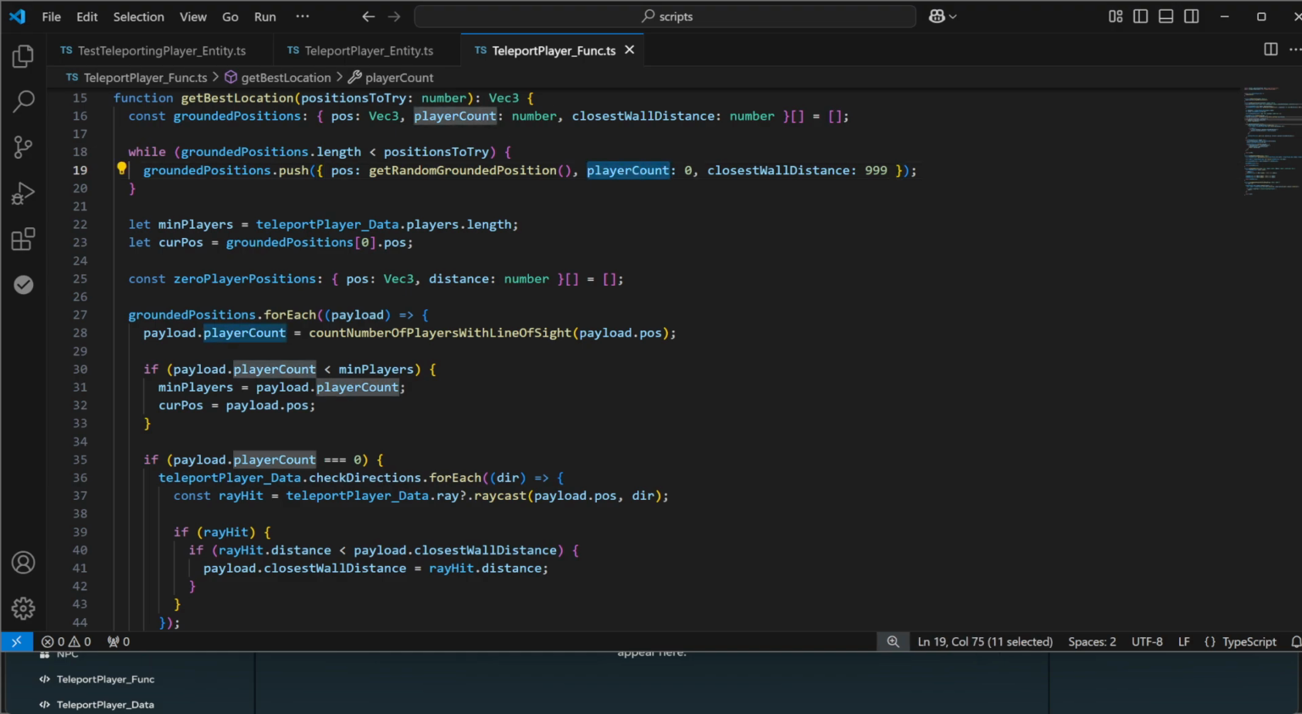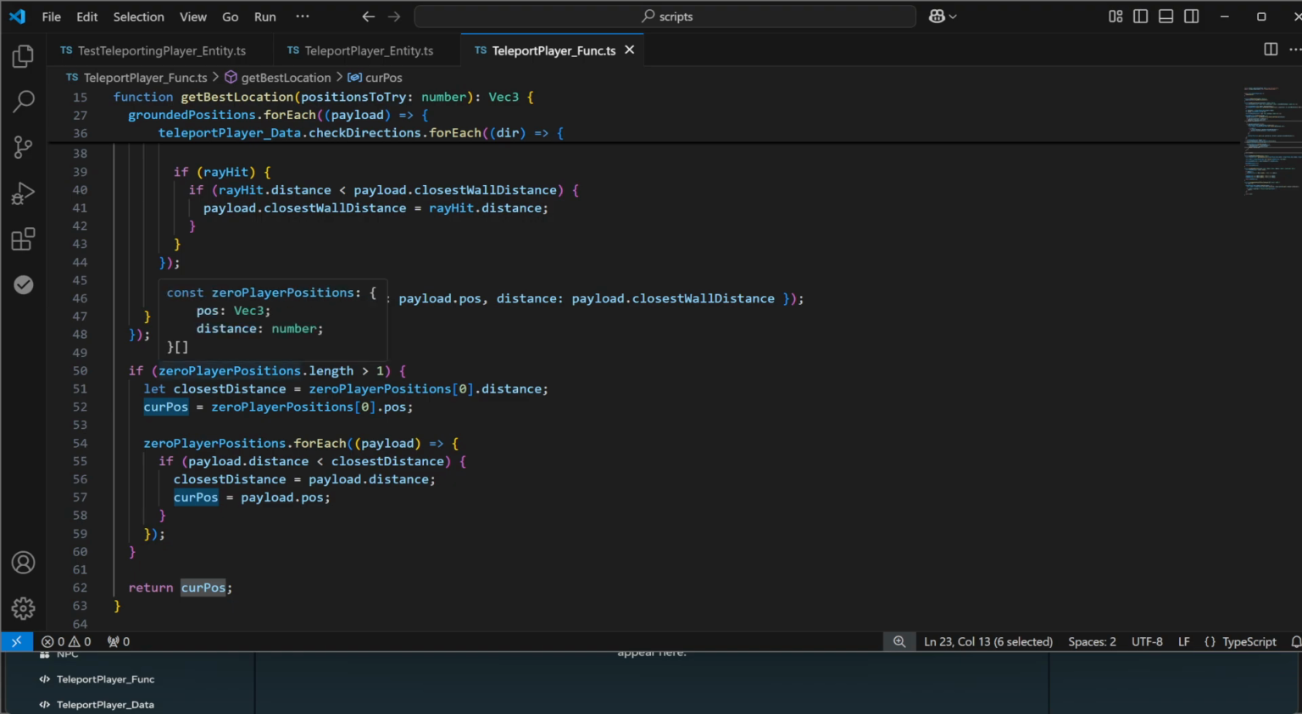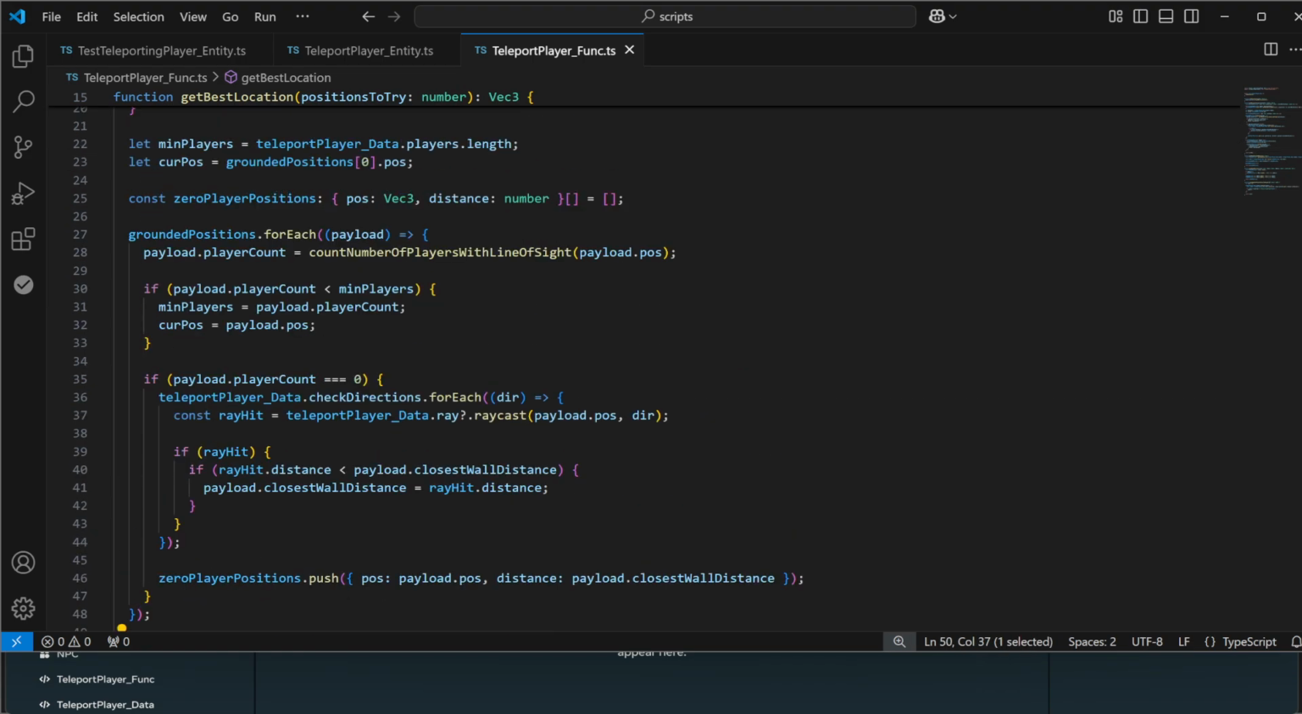I know this player count could be set to something like 99 as well. Minimum players equals players.length. Current position equals ground positions 0. 0 player positions. If 0 player positions dot length is greater than 1. Because theoretically, if there is only one item, it was set up here when it was determined to be less. It says player count is less than minimum players, then we update minimum players and we update current position. That all seems right. If payload.player count triple equals 0, then